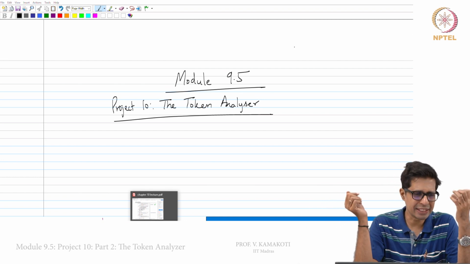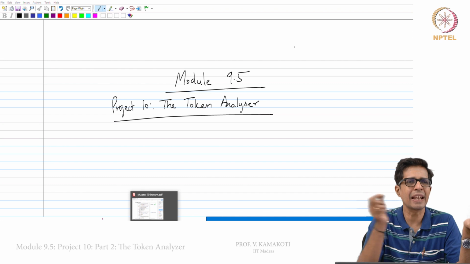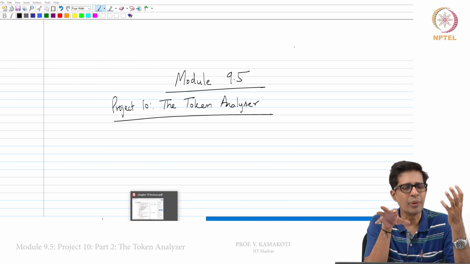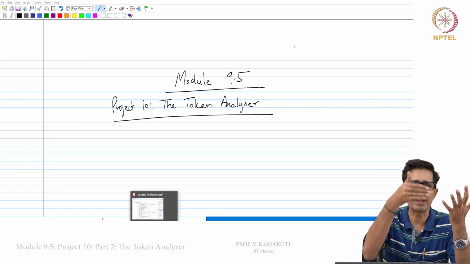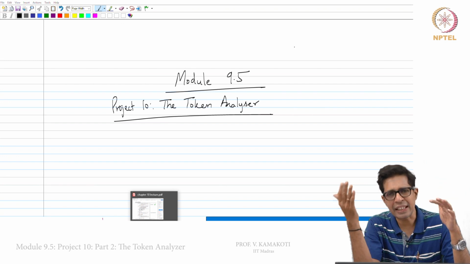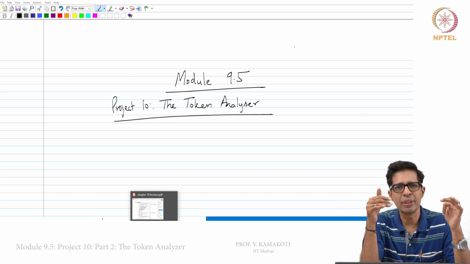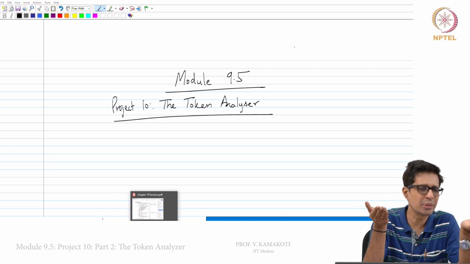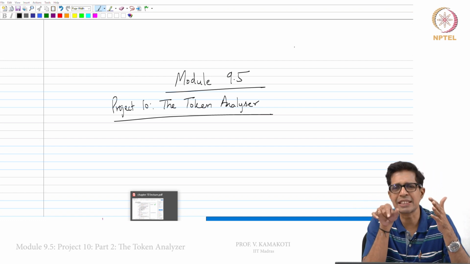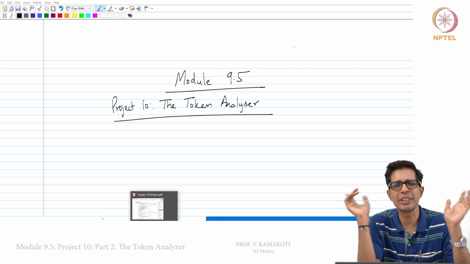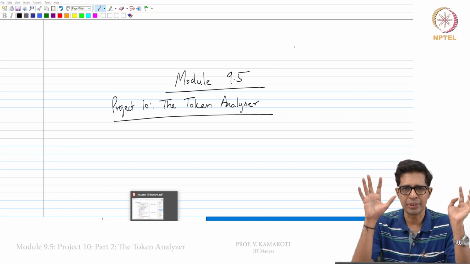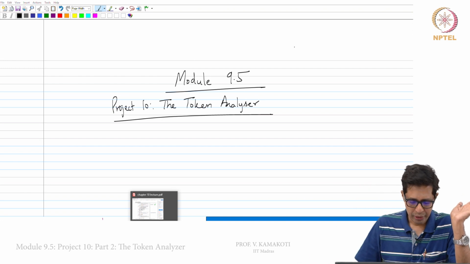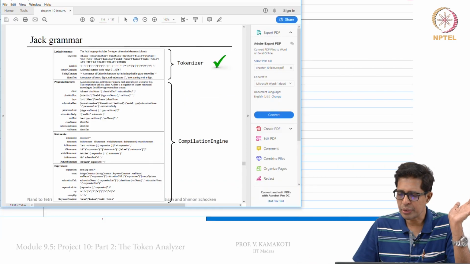So now we have just a stream of tokens from the Jack program. Every lexical element got converted to a set of tokens. Now we will take this stream of tokens, one per line, and create another XML file which will not only check whether these tokens adhere to the grammar, but also insert certain more labels so that it becomes easy for code generation. So that is the second part of your project 10. Now let us go and see how this is going to work.